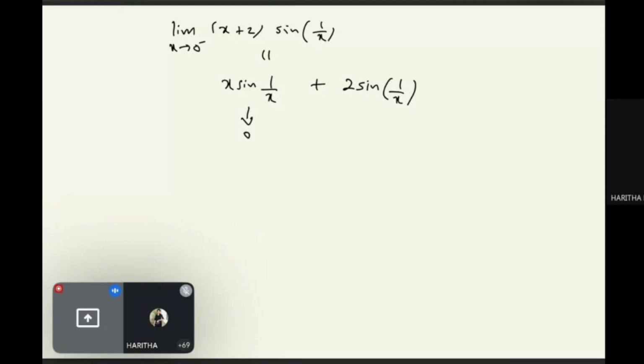I didn't hear. No, it does not exist, sir. Yeah, any reason for that? There are many ways to argue that, but you can argue sequentially. So this doesn't exist